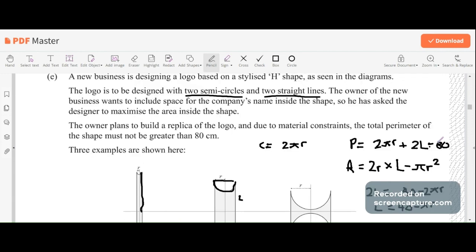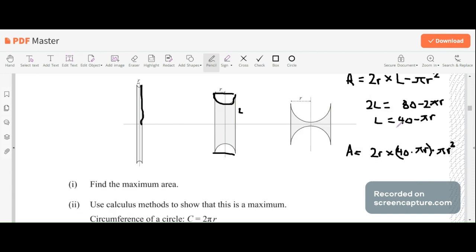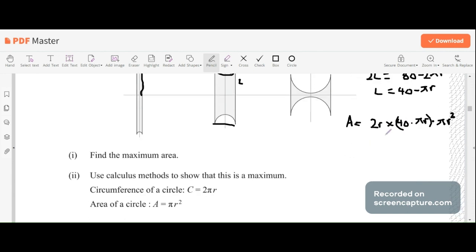So what we've done there, we knew the equation for the perimeter, and we knew the equation for the area. And then we just used those two equations, basically like a simultaneous equation, to create one variable. From here, we need to just quickly expand out. So we're going to have 80R